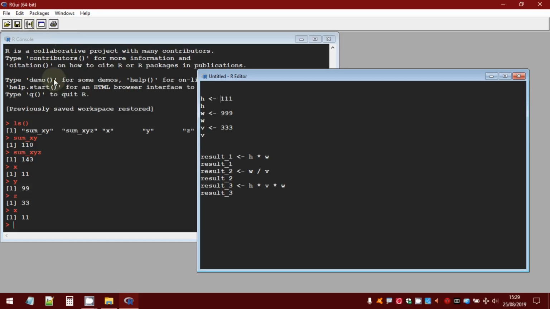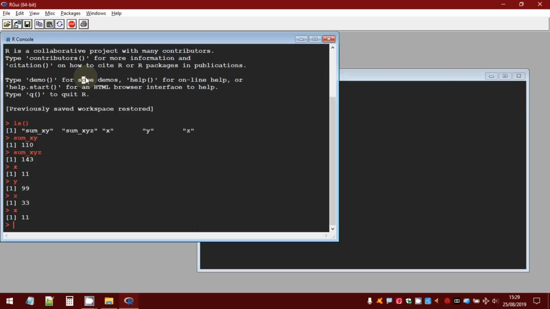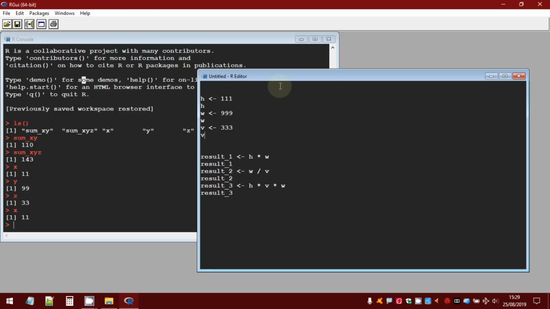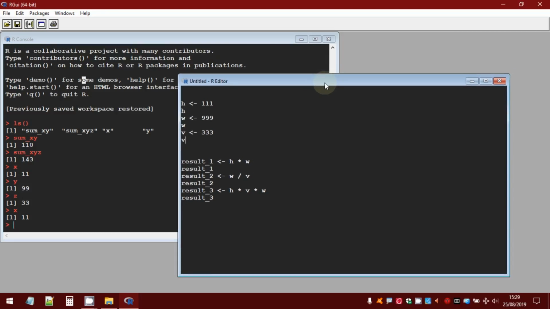There is a suggestion, run line or selection. When the focus is in the R console, you don't have the button. You have this button only when the focus is on the R editor.